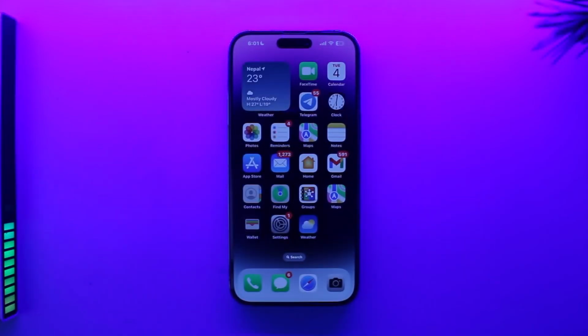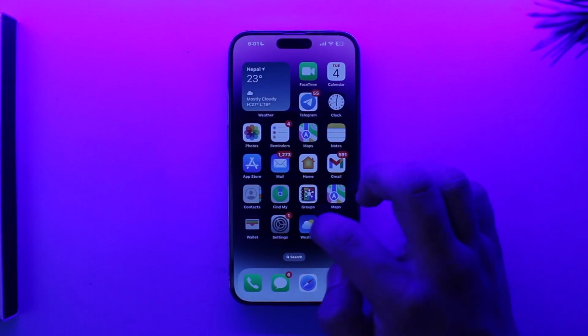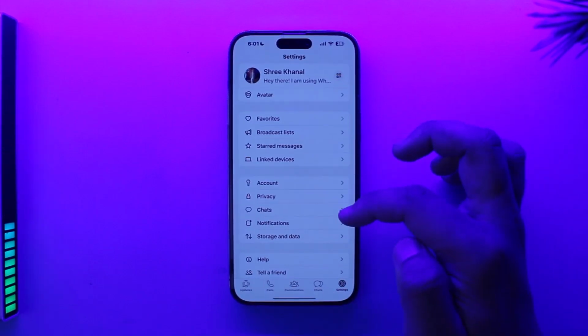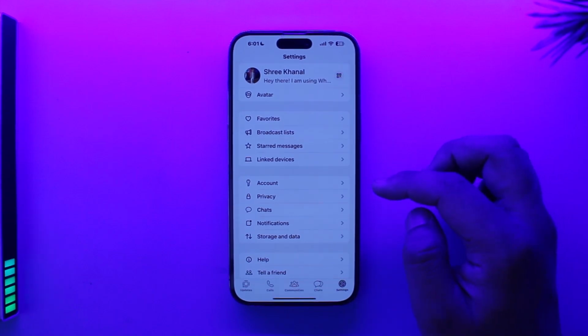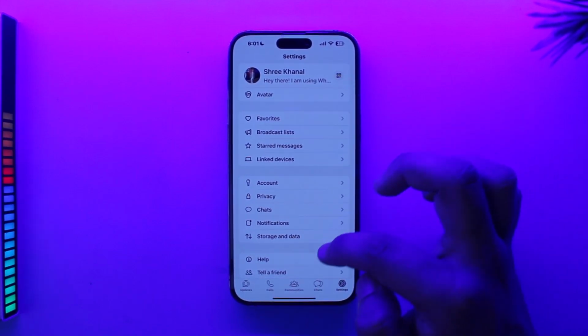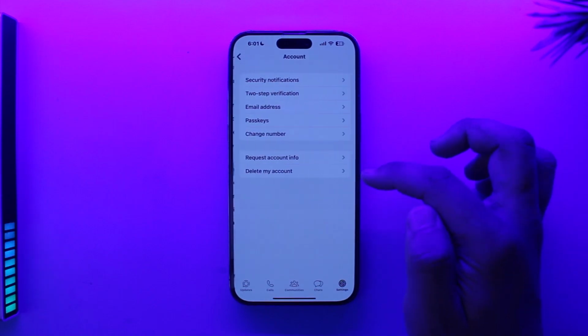In this video I'm going to guide you on how you can set up two WhatsApp accounts on iPhone, so make sure to watch the video till the end. If you have an iPhone and you use WhatsApp, you want to set up two accounts on the iPhone's version of WhatsApp. So if you open up WhatsApp on iPhone and then you go to account over here,